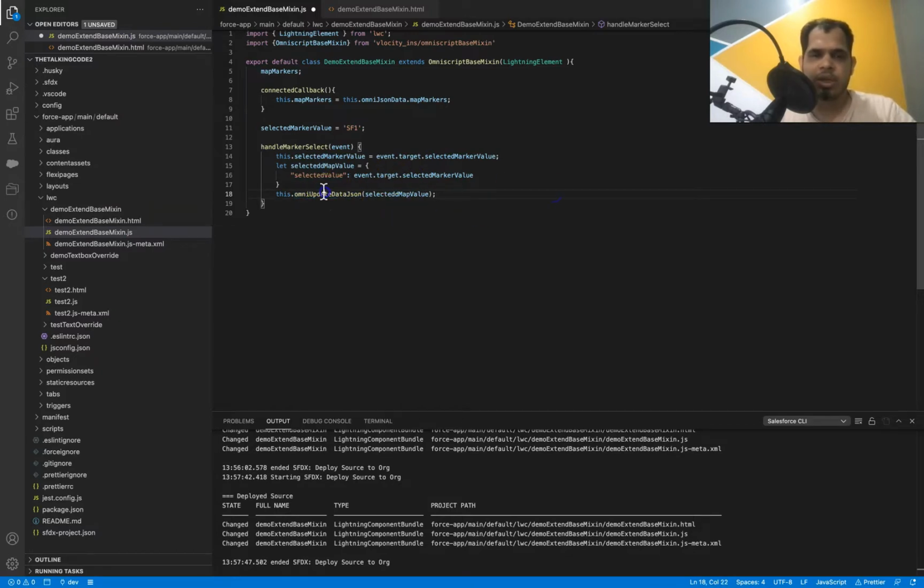Basically, if you have more than one key value pair, you can also push it, for example test1 and test2. So it will be pushed.